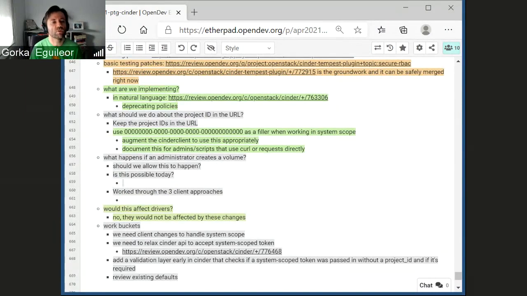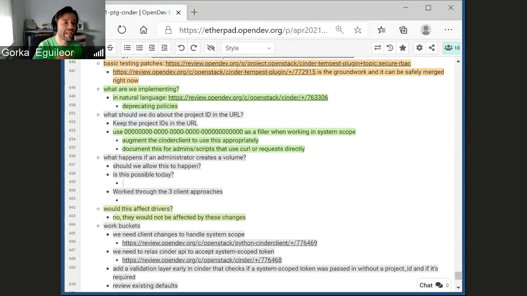So those are system requests. But as long as we do, like Lance said, relax the check that we do to complain about malformed URLs, I think those requests will be fine. But we do have a couple which are system scoped, basically.